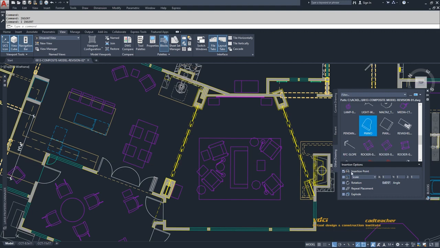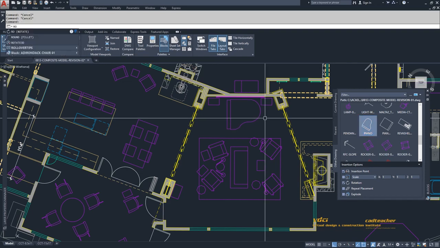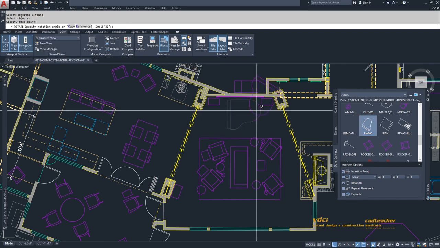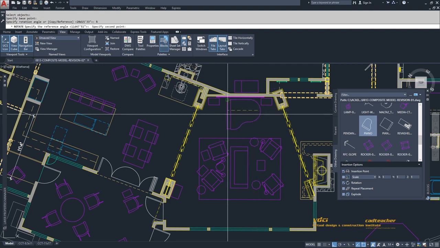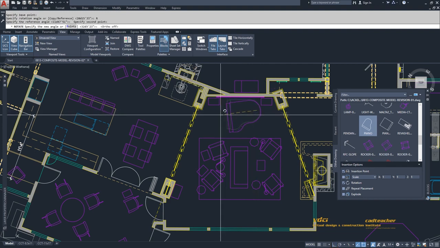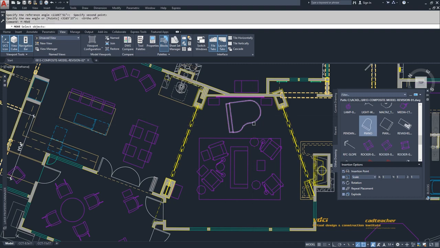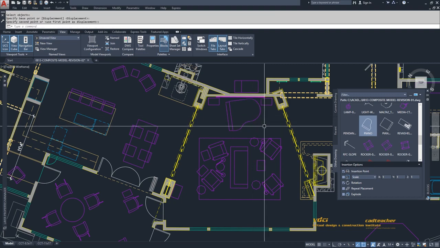And then you can see that the options down here are to specify the insertion point when I pick, a scale factor of X, Y, or Z, a rotation angle, a repeat placement, or bring it in exploded. So I'm just going to right now bring and drag it in, pick and slide over. There's the piano. I'm going to go RO for rotate, pick on it, arbitrary base point here, reference from here over to there, give it a little bit of a tilt, move it back a little bit, and then I'm